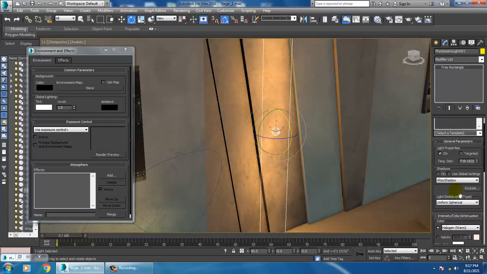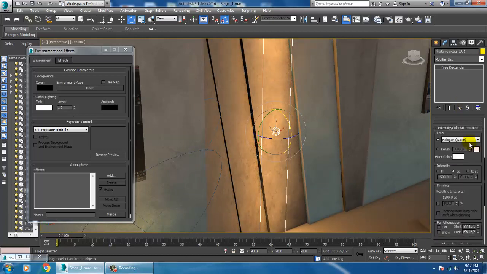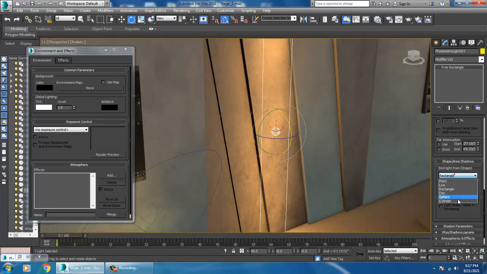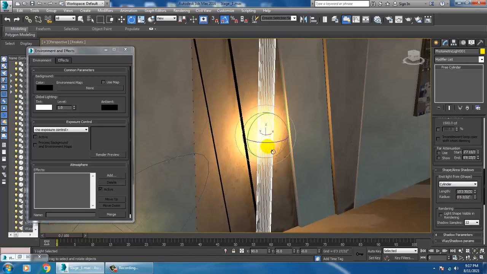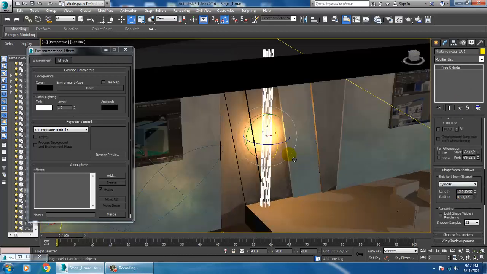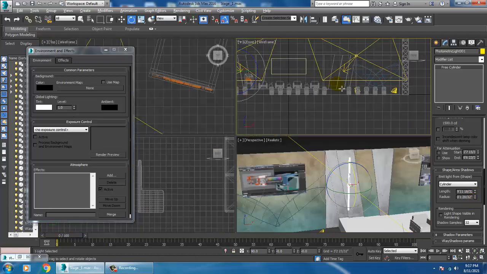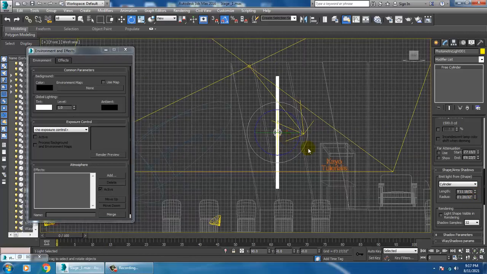Instead of that, even you can go over here. You can take it as a cylinder also, not a problem. So if you're taking a cylinder, then you can slightly reduce the radius, and let's go over here and I'll just rotate it.